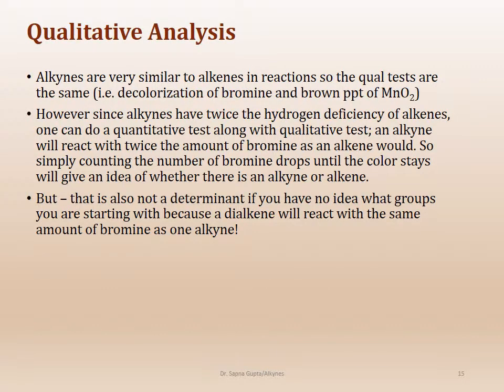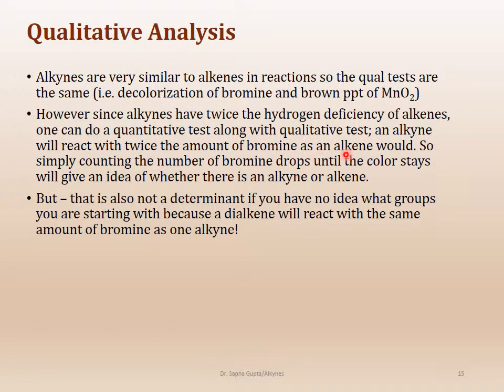Just a little bit about the qualitative analysis of alkynes. Since alkynes are very similar to alkenes in their reactions, it's really very hard to distinguish between them. The two qual tests that we use for alkenes are also used for alkynes, which is the decolorization of bromine and the precipitation of manganese dioxide. Okay, the only difference between alkenes and alkynes is that alkynes have twice the hydrogen deficiency index. And if they are more unsaturated than alkenes, then they will take twice the amount of the reagent, which means that if you were to react the alkyne with bromine, it will add on twice the amount of bromine